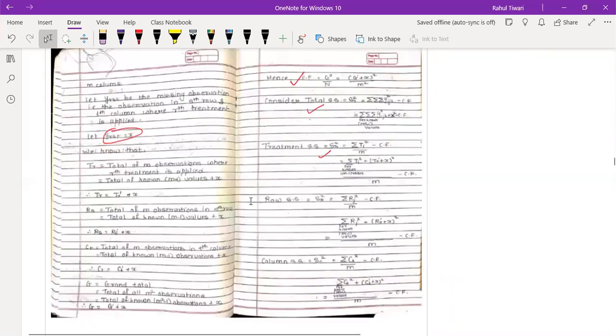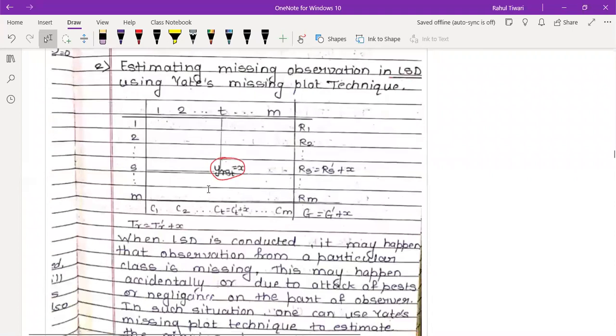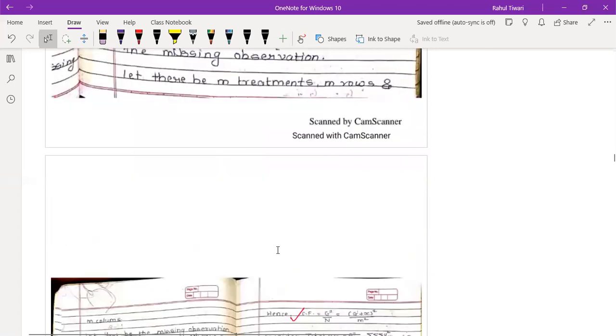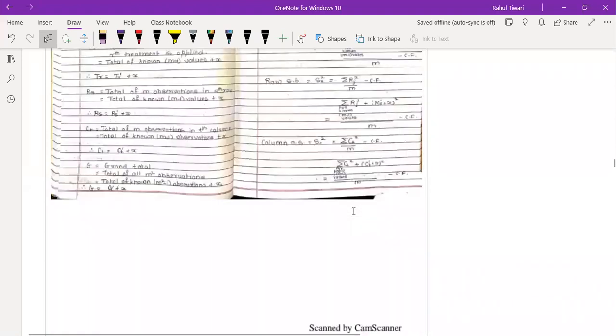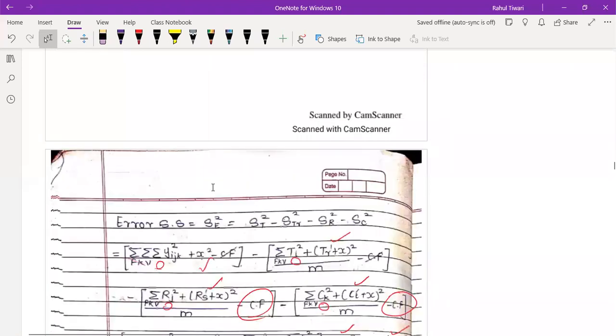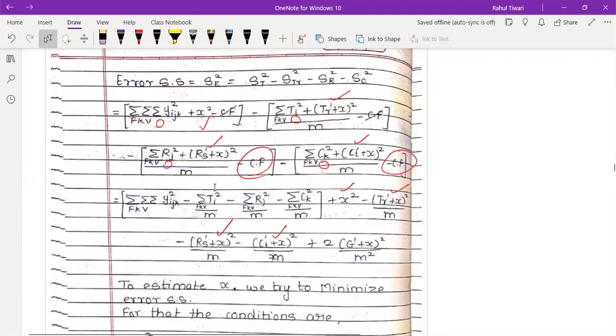What the important part is here: see this table. What are you considering? Okay, you are taking a total of this, so it is C_T. You're taking the total of this, it is R_S. Okay, so ये table के basis पे you need to write down the entire notation, and then you have all the sums of squares and everything. You can use the formula and go ahead with that. So you can take it down. You can just go through it.